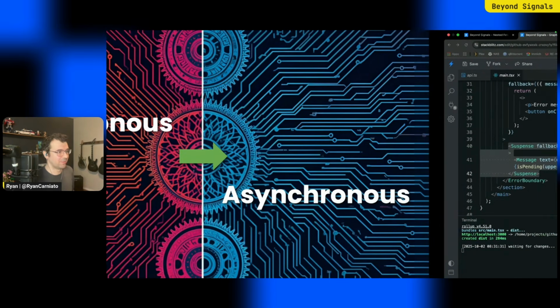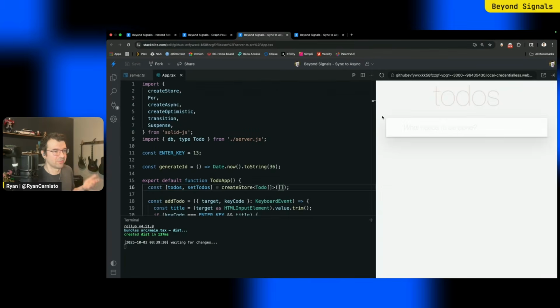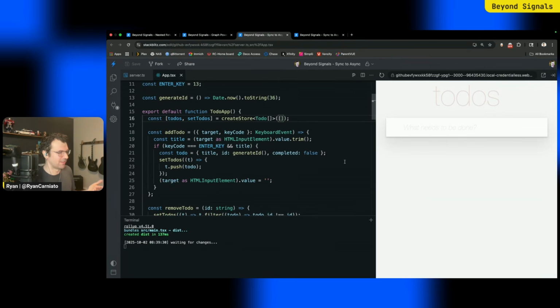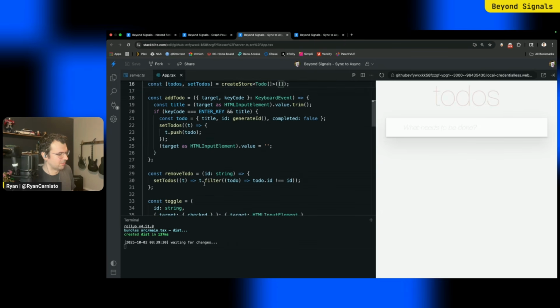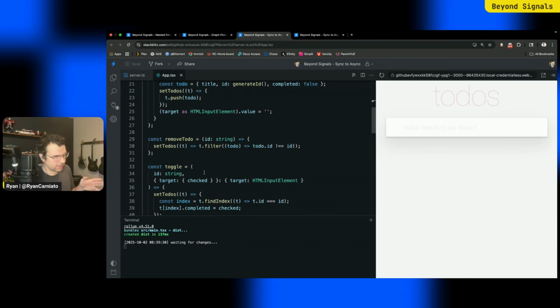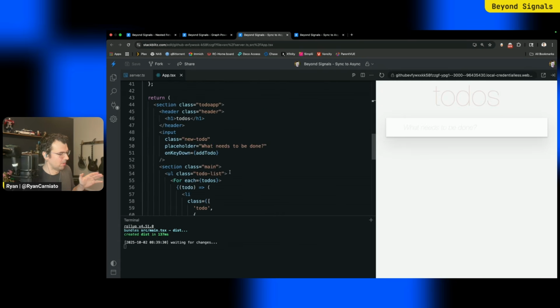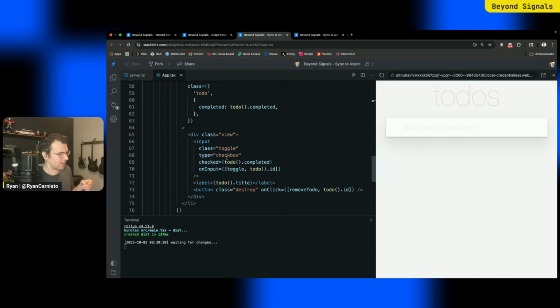And it starts with a demo I hope you've all seen in the past, TodoMVC. Everyone's built or played with a to-do app. I think it's very illustrative of what it feels like to use a framework. And here we have a store, a fine-grained store, where we hold our to-dos, and then we have a method to add to-dos, remove to-dos, and toggle to-dos. I got rid of all the extra functionality to keep this simple. The whole example fits in a single component in 80 lines of code.